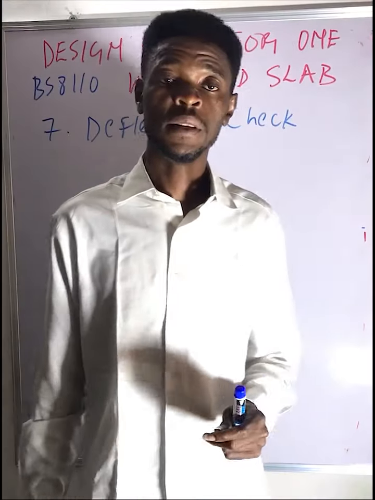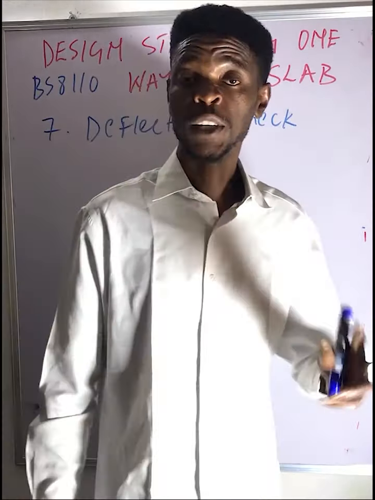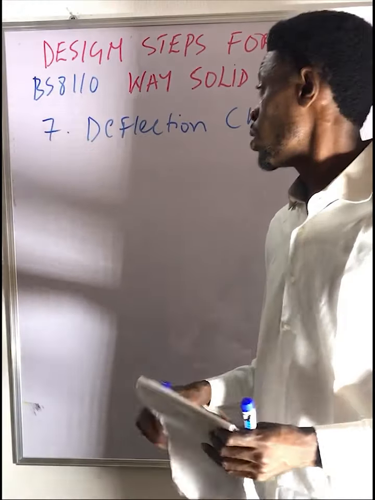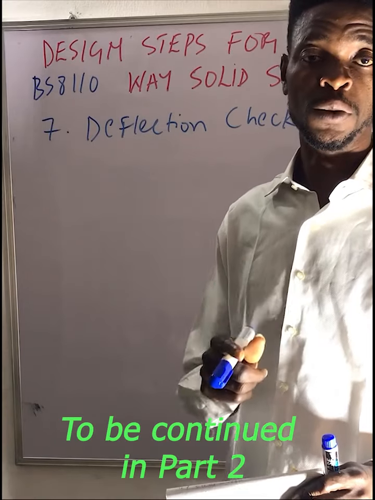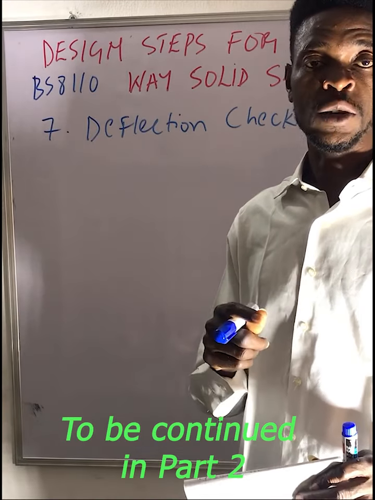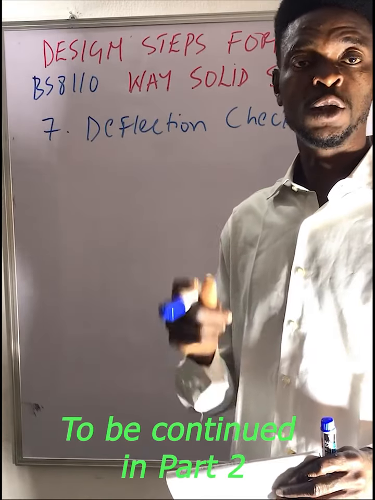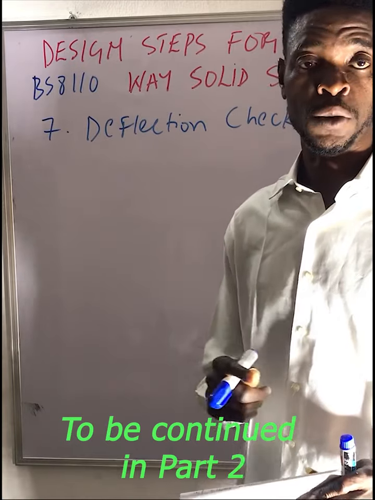The next step is deflection check. Deflection check, your actual span over effective depth ratio should be lesser than your allowable span over effective depth ratio, which is your limited span over effective depth ratio. Else,